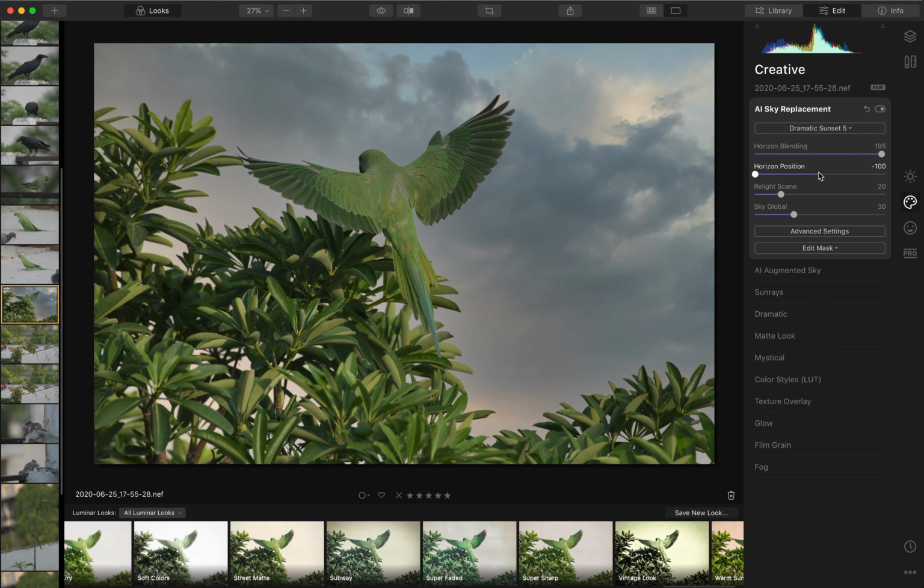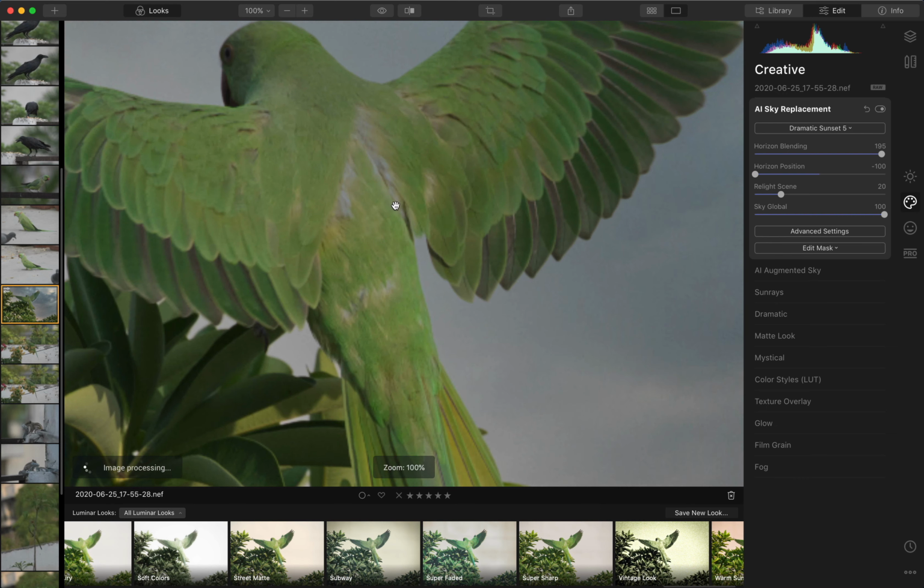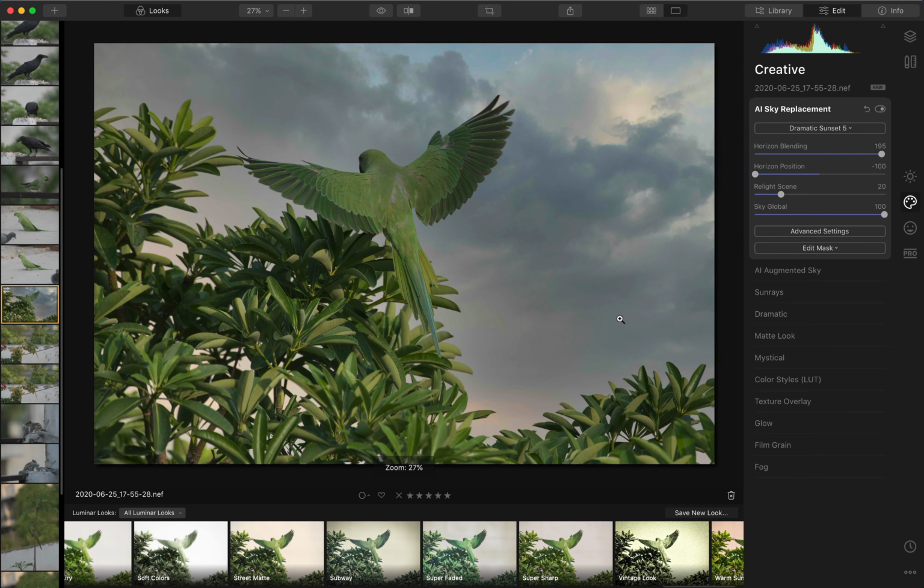Since we have no real blending here, we can have it go right to the bottom, and we are losing some detail here, so we'll pull the sky global up, and we still have some left here, which is fine. And we can reduce the relighting or increase it depending on the kind of background you have. And you also have a mask here.